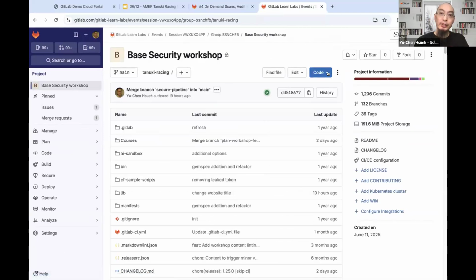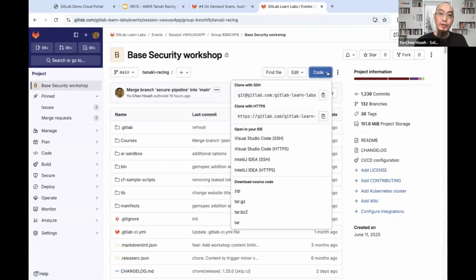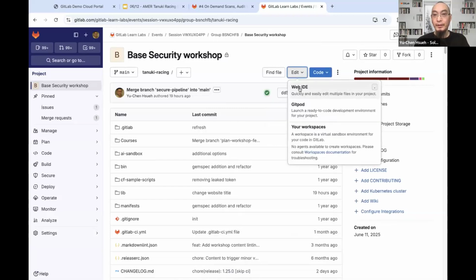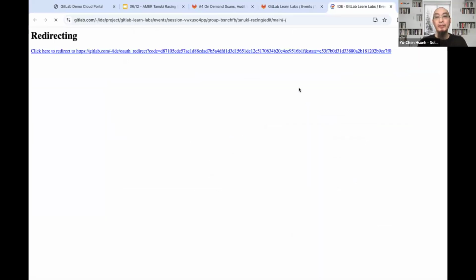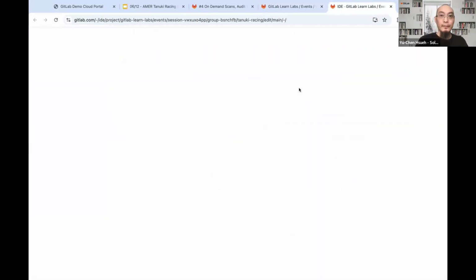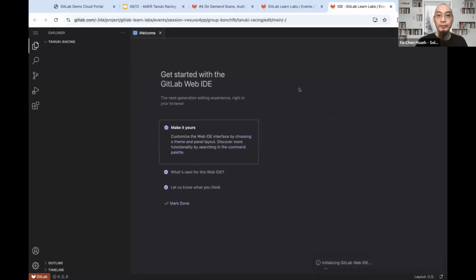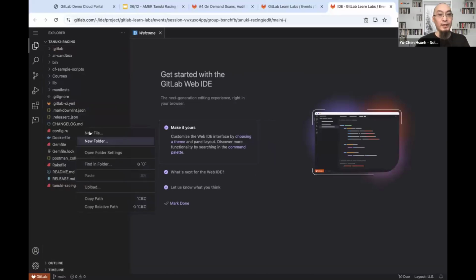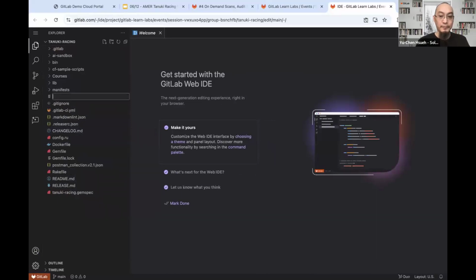Remember how earlier Nikita showed you in the merge request to go to code to open the web IDE? We are not in a merge request, so we're going to go to edit and click web IDE to get to the same interface. If you use VS Code, it probably looks real familiar to you, right? It's kind of a web-based version of VS Code. You can think of it that way. And I'm going to go ahead and just right mouse click in the root of the repo, click new file, code owners,